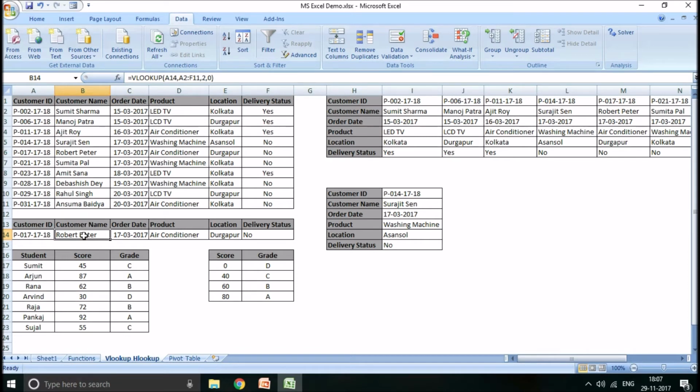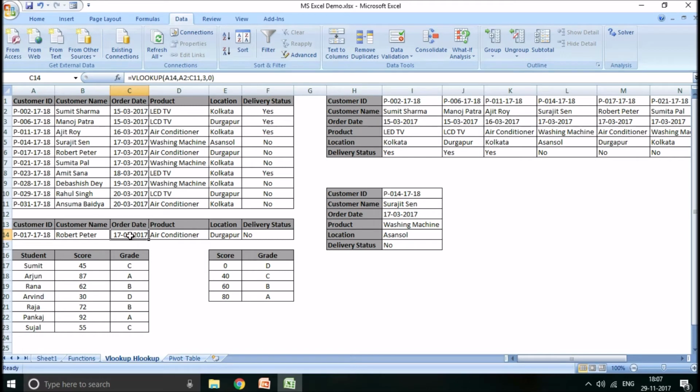Here we said if you are selecting 0, it means accurate match. If it is exactly the same, then it will return whatever is there in the second column. In the third case, it will give whatever is there in the third column. So it is looking up in this column. Now it finds this, and because it finds the exact match, it will see the third column, 1, 2, 3, and returns 17/3/2017 as the value. So this is the function of vertical lookup.